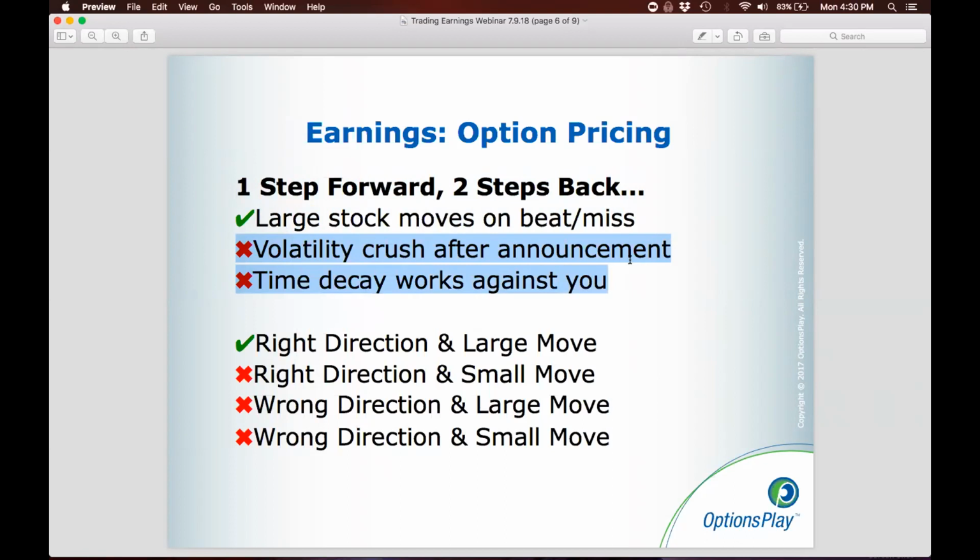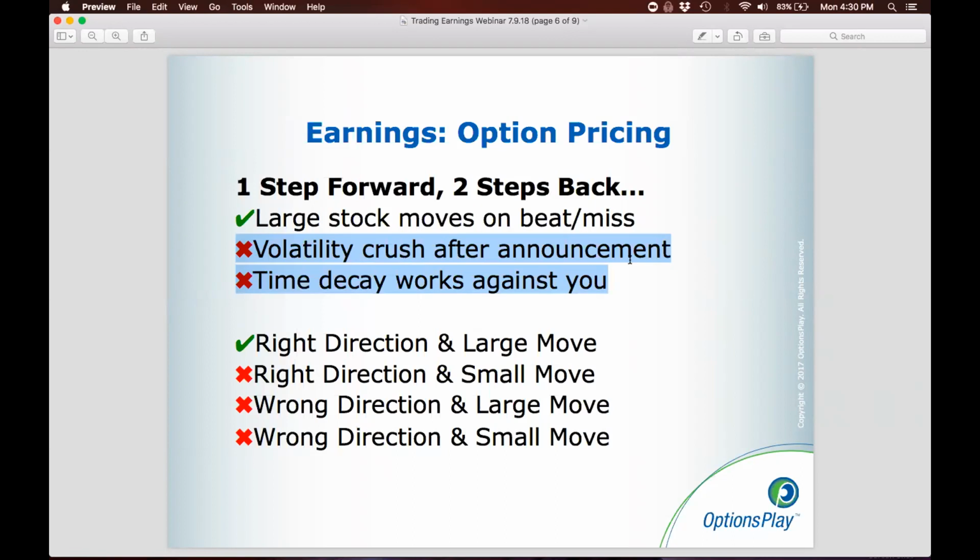This is where the implied volatility of an option collapses right after earnings, because implied volatility is very high right before earnings, because there's a lot of uncertainty as to what the earnings will look like. So the option's price becomes elevated because of this uncertainty. And once that earnings announcement comes out, that uncertainty goes away and the implied volatility of that option collapses. And what you get is a significant reduction in the price of the option with all things else held equal.